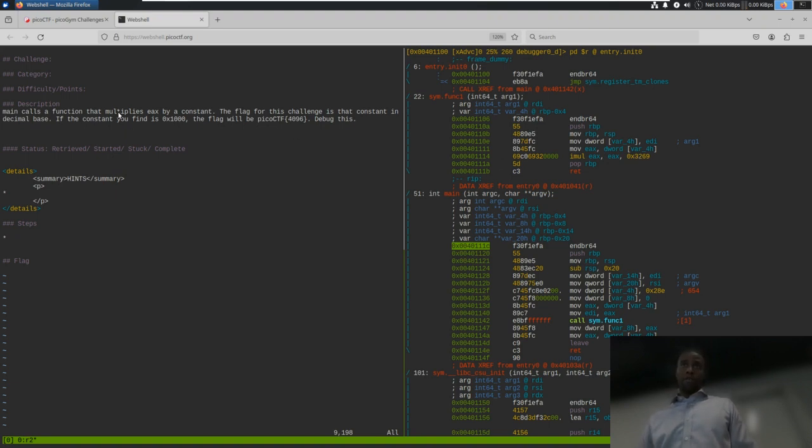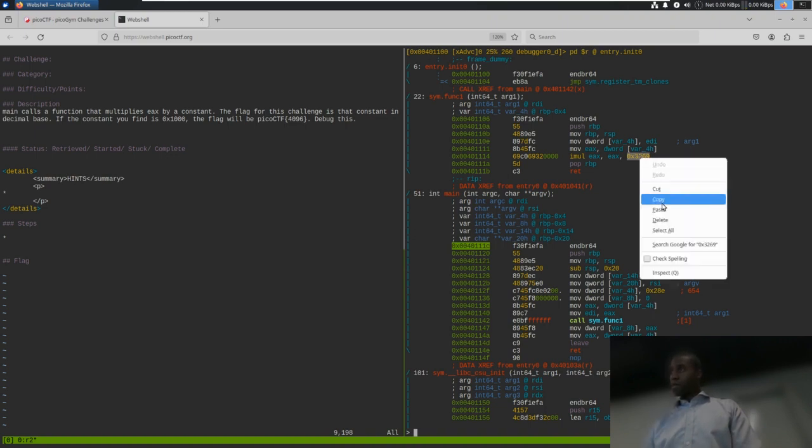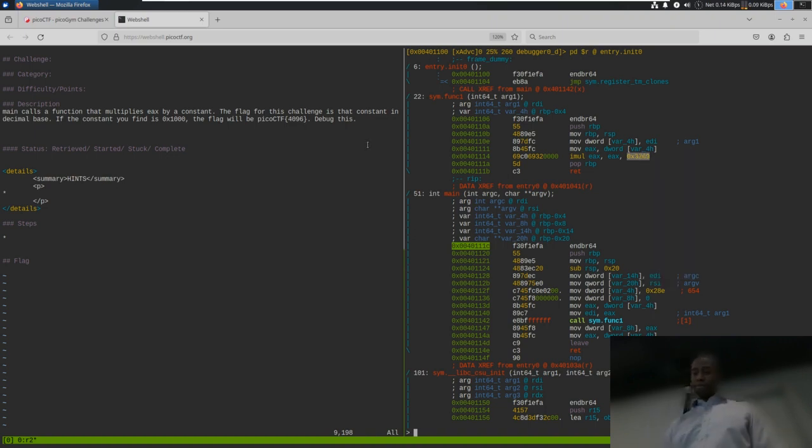That's what we got told. The function multiplies EAX by the constant. So our flag is that constant, right, in decimal. Now this constant is currently in hexadecimal, so all I need to do is what I've done in the past here. I'm going to copy this, head back over to my other window, and say,